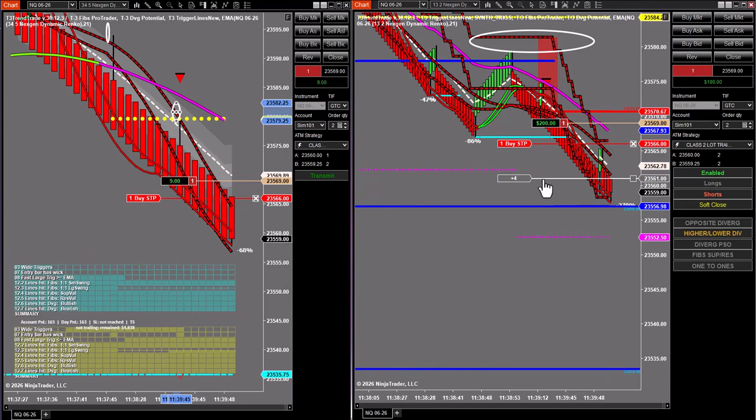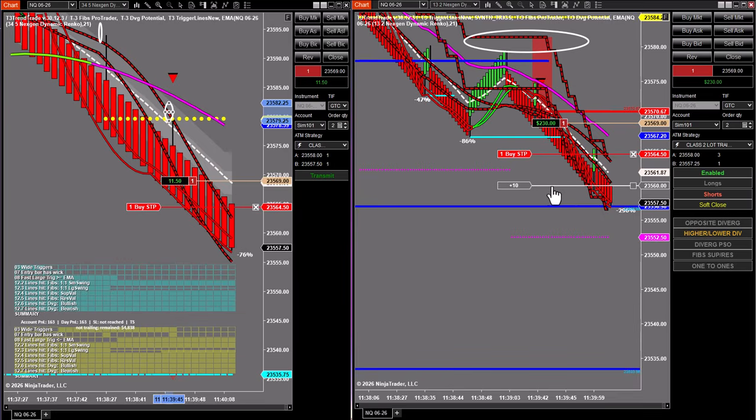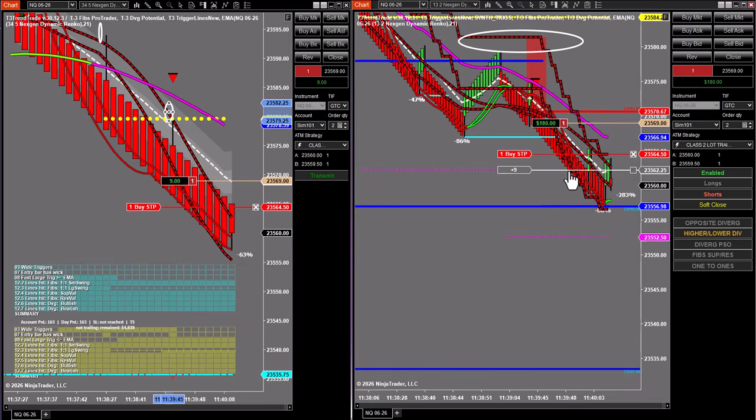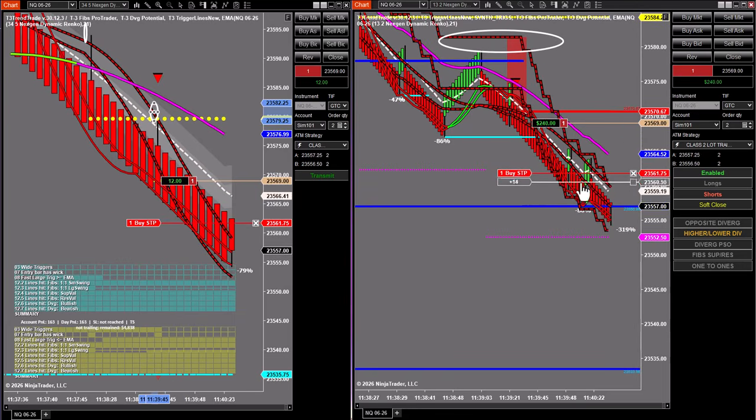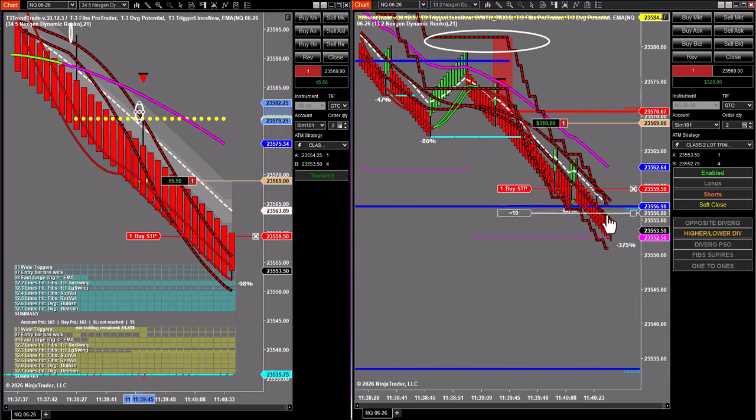Again, fib on the small chart, weak triggers on the big chart. Usually I get pretty greedy with it. If it keeps pushing, great. If not, you don't want to give back too much money. I'm just letting the system kind of do its thing here. I think that's probably it, but we'll see. I don't know what's going to happen. I think I know what's going to happen at the 1-to-1, but